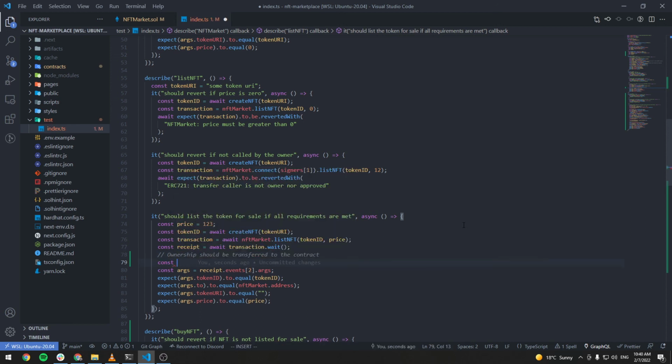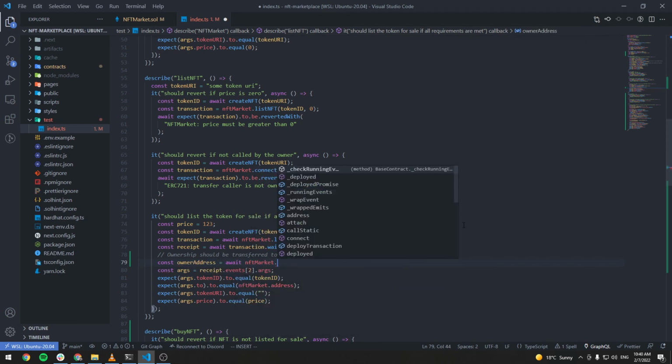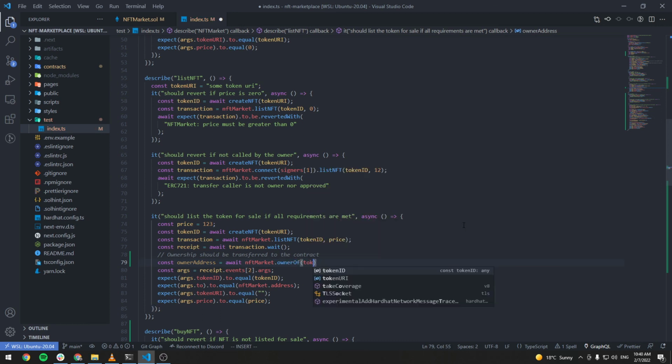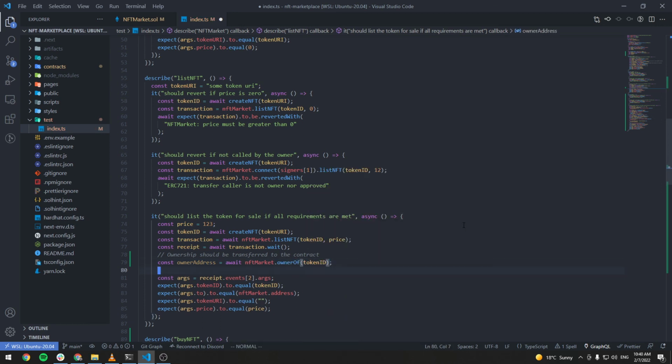Const owner address equals await NFTMarket.ownerOf token ID, and we should expect that owner address equals NFTMarket.address,